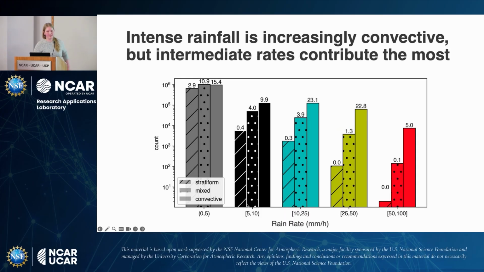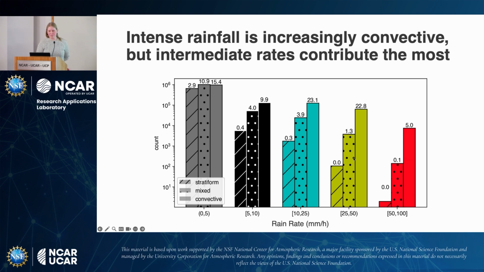And then finally, last part of this section, we ran ECHO, Mike Dixon and Ricky's ECHO algorithm, which separates things into stratiform, mixed, and convective. So I've broken things down by rain rate again. That's this y-axis here with heavier rain rates on the right. And then within each of these bins, we have stratiform in this slanted line, mixed precipitation, which functionally just surrounds convective cells, in this dotted line, and then the solid bar is the convective precipitation. And unsurprisingly, as you move towards heavier rainfall, this is a log scale, you have orders of magnitude more convection than you do stratiform.